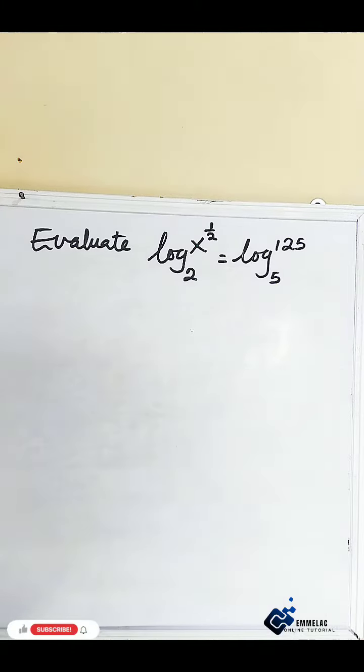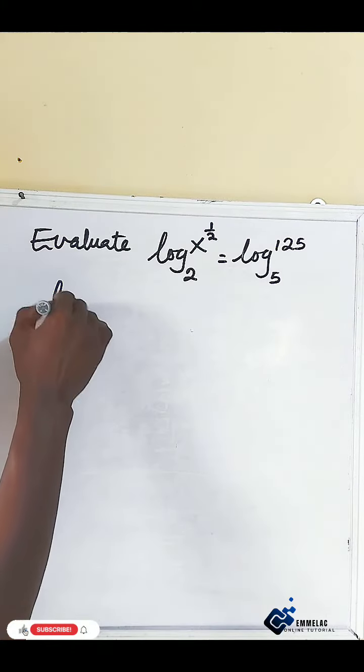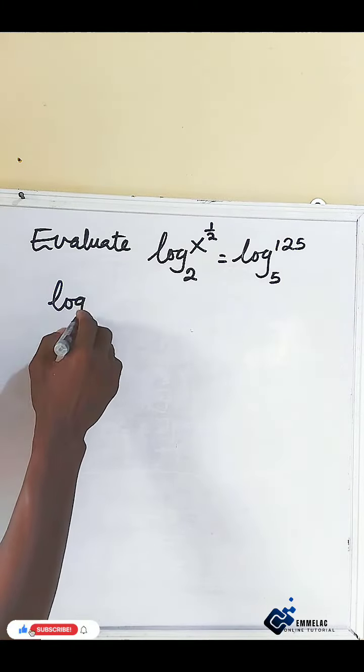Now let us consider this equation on the board. Now this could be written as log x raised to the power of 1 over 2 base 2 then equals... now log. Now changing this to a base of 5, we have 5 raised to the power of 3 base 5. Now this expression alone can be 3 log 5 base 5, which will give us 3 times 1, because